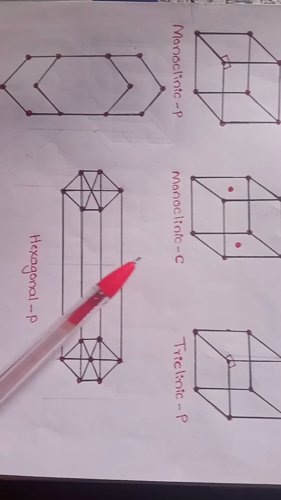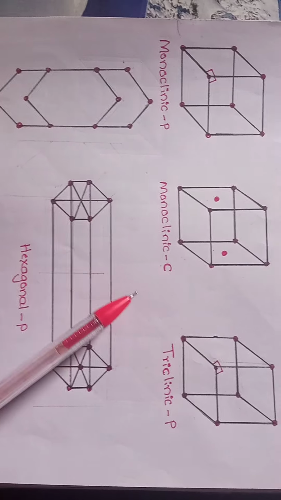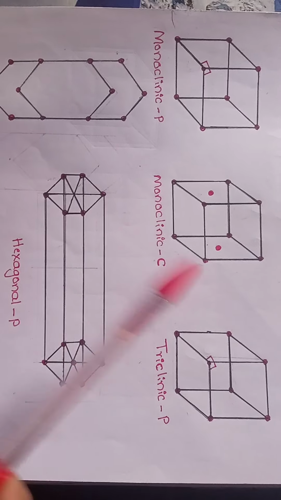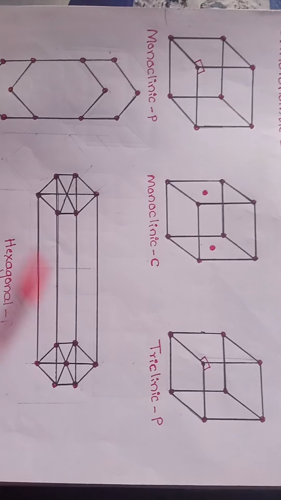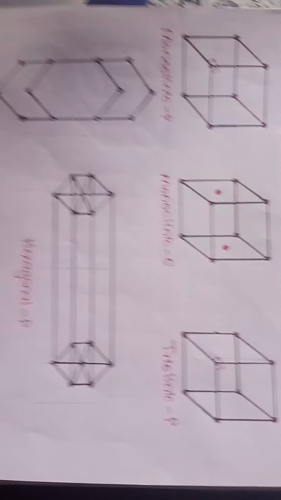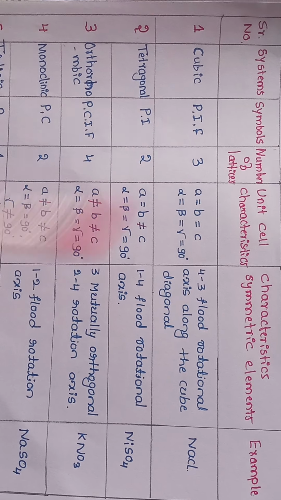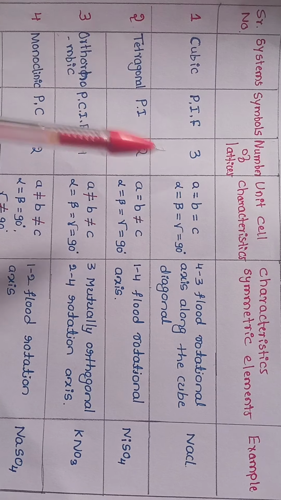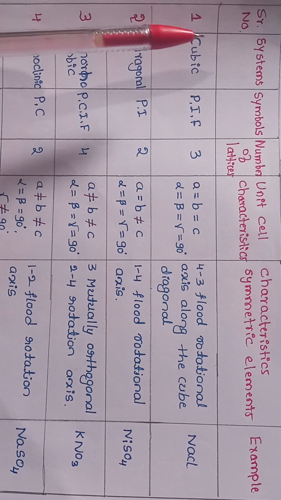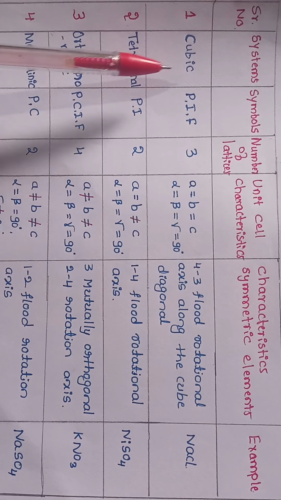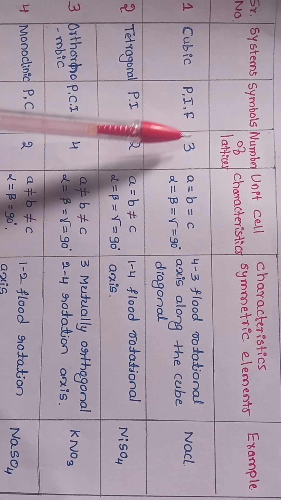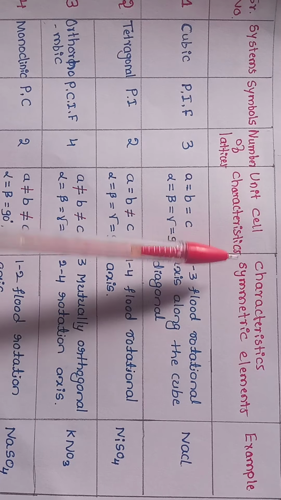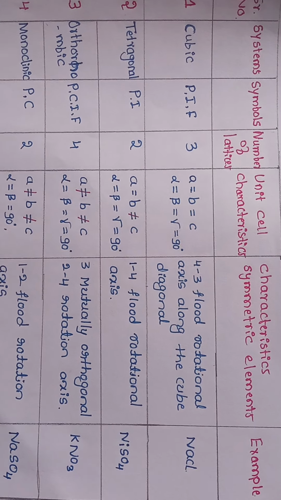Okay, now see here, you have to discuss what are the systems of the lattice, how the lattice points are arranged, what are the angles and what is the axis length. By drawing a table you have to understand how many types of Bravais lattices there are, what is the system, what are the symbols you have to use, what is the number of lattices present in that system, what are the unit cell characteristics and the characteristic symmetry elements. Also you have to discuss the example.